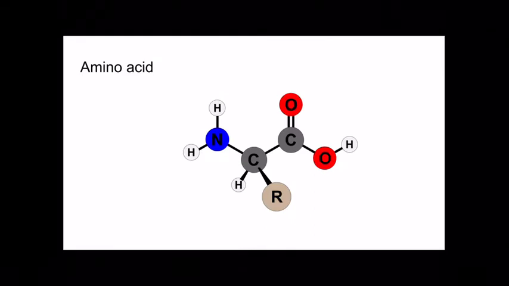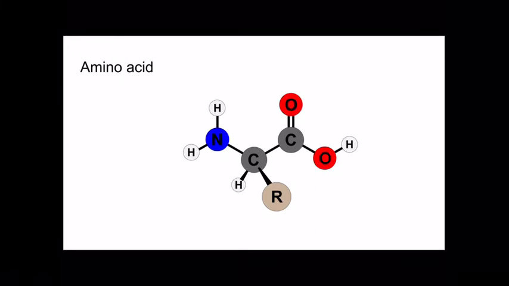One is a hydrogen, and you can see the way that this molecule is being depicted here. That hydrogen that's attached to the central carbon is supposed to look like it's going away from us. That's giving us sort of a 3-dimensional feel to this molecule. So that hydrogen is off behind, and then what's coming out toward us in the front is represented with an R, and that's the side group.